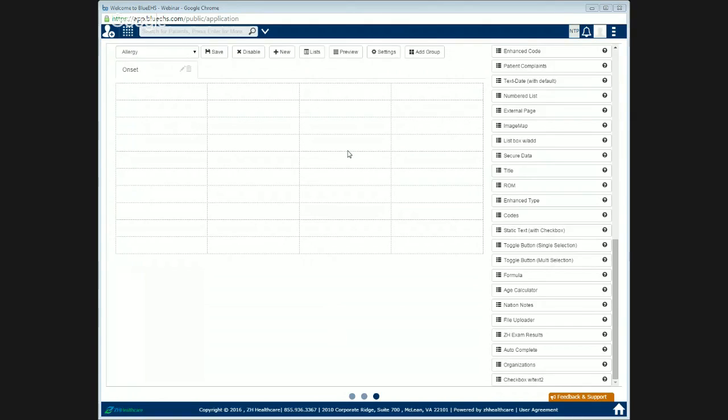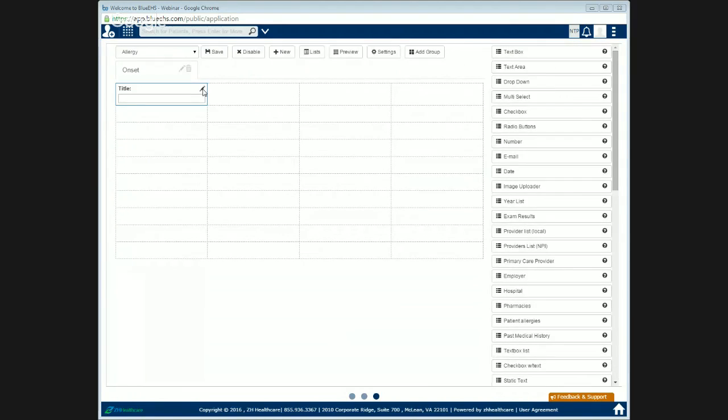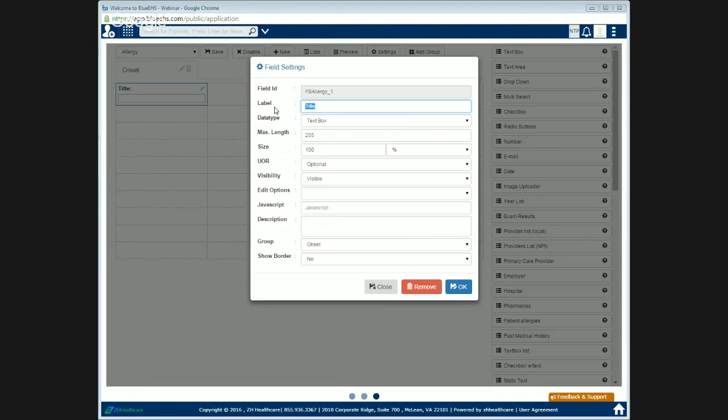So this is a group, onset is a group, and now I'm going to build this form with 4 questions. Okay. So first question, you can put it as a text box just to put in your answers there. So if you see, I'm renaming this title as when was the